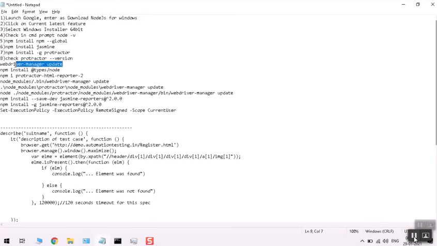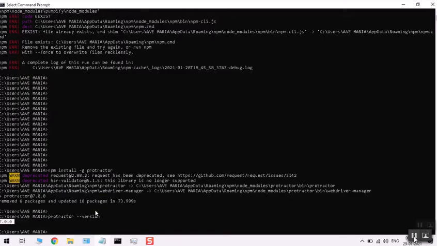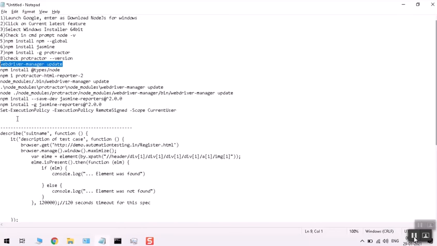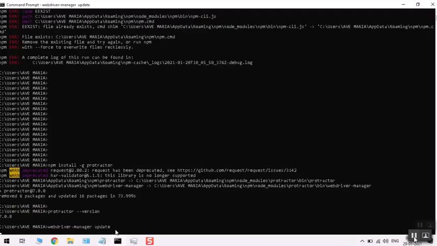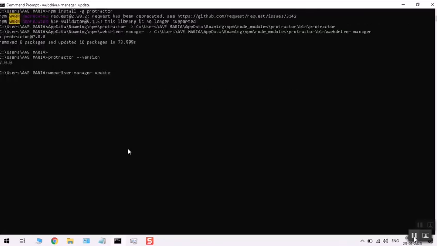Then next we need to update the WebDriver manager. For that, let's copy and paste and hit the enter key. It will update the driver manager.